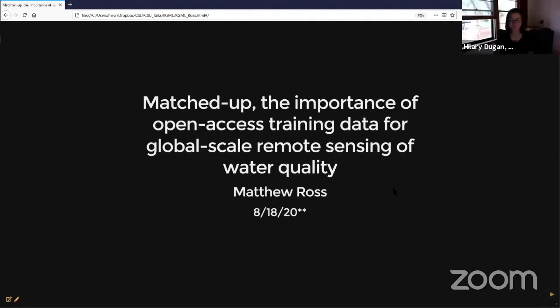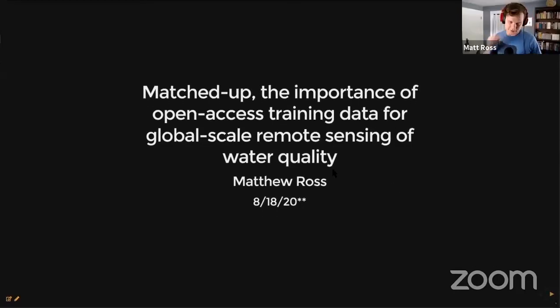So I'm excited to give a talk today. I feel like a lot of the other ones were really nice and detailed. Mine's going to be a bit more of a pitch and an overview of how I think we can incorporate remote sensing a lot more into a lot of these approaches we've been talking about.